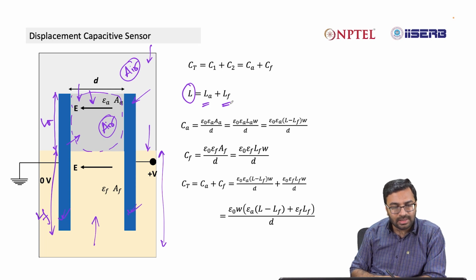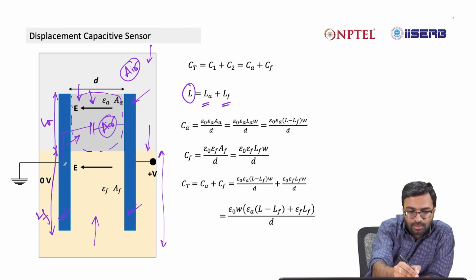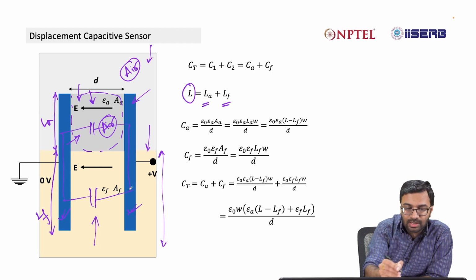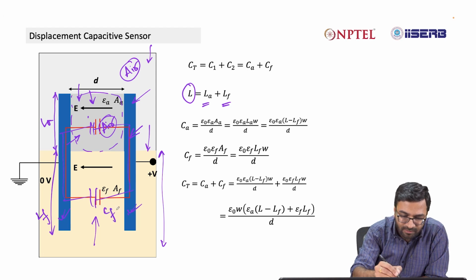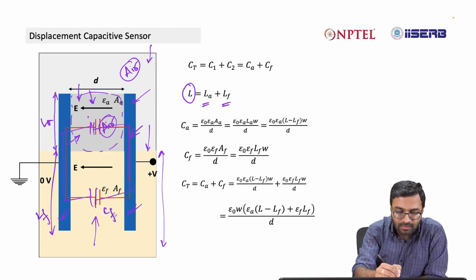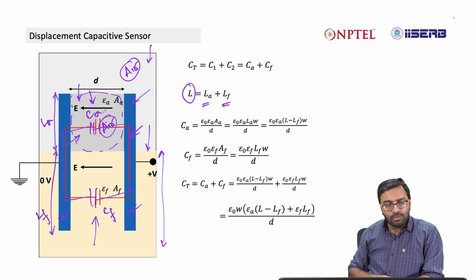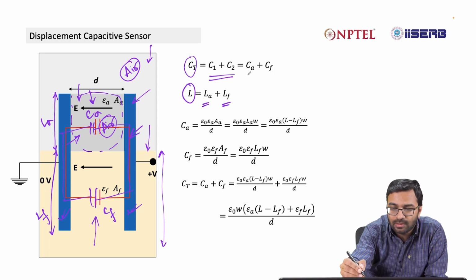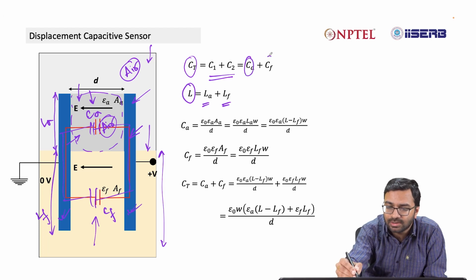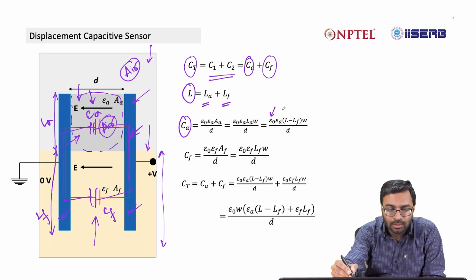And in this case, again, you have two capacitors like this. So you have C1 and C2. In this case, your C2 is Cf, that is the capacitance in the fluid, and Ca is the capacitance in presence of air. So your Ct will be C1 plus C2, as we have seen in the previous discussion, which is nothing but Ca plus Cf. Now the value of Ca is epsilon 0, epsilon a,